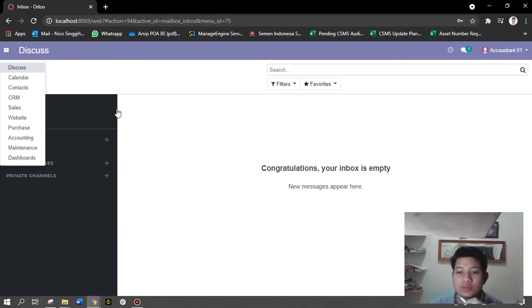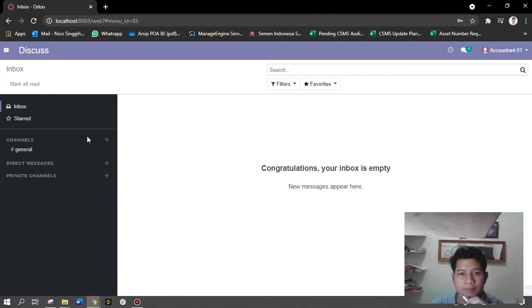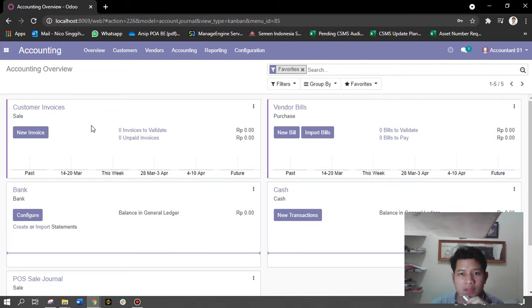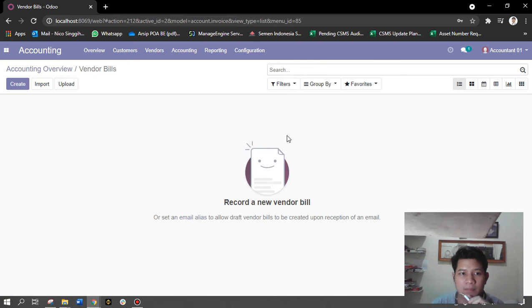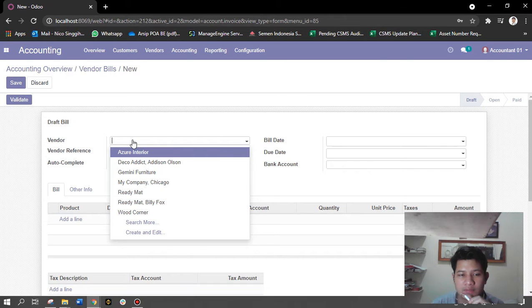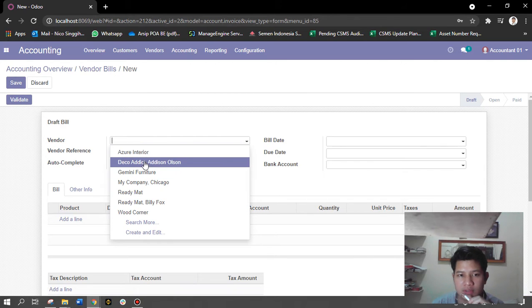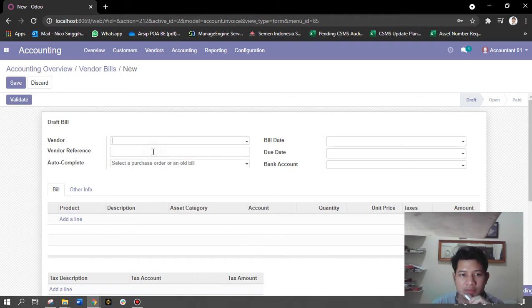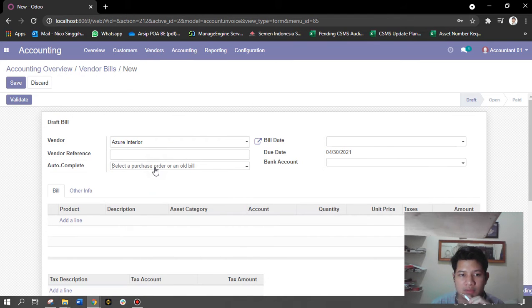To be able to pay the bills, you just go to your accountant menu here and see which one is called bills. This one, absolutely, this is the vendor bills. You just click on the vendor bills, and right now you can create the bills. You click the vendor that is related to this bill, just put the entity there, and you can